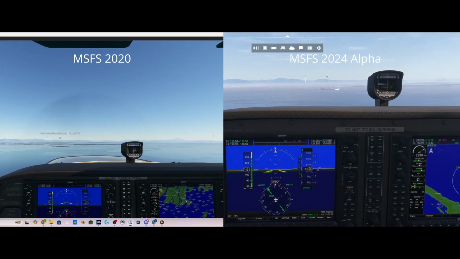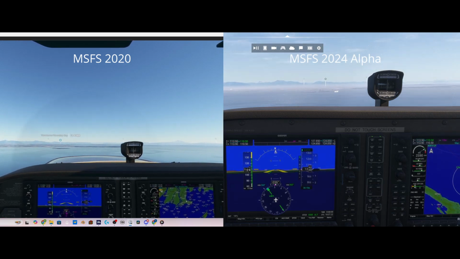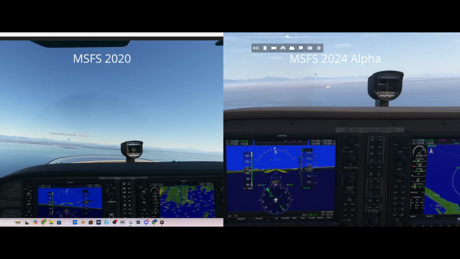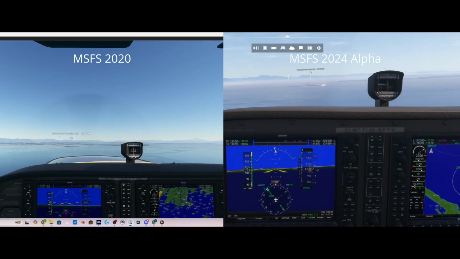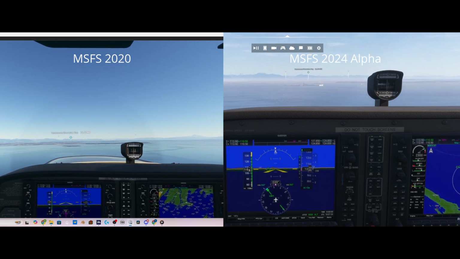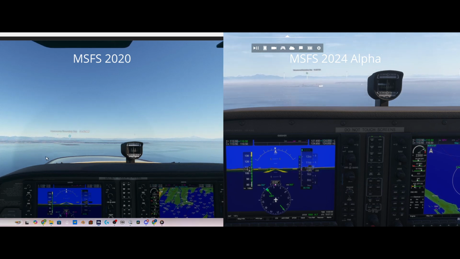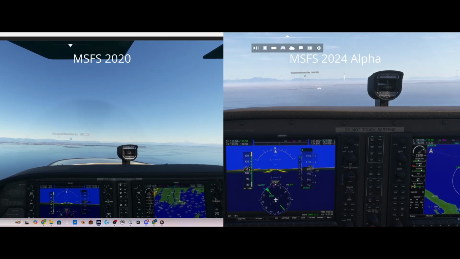I don't know about the rest of you, but I'm pretty psyched and pumped to be able to fly in 2024 in all of its glory. When we had the Alpha edition, we didn't have access to a number of things. We didn't have access to the store. We didn't have access to